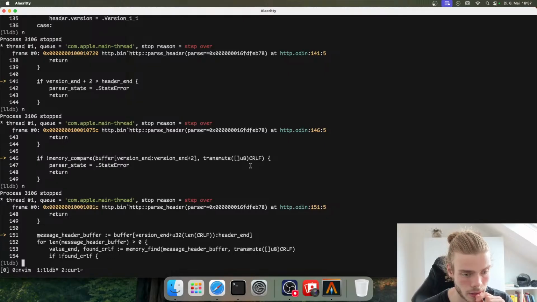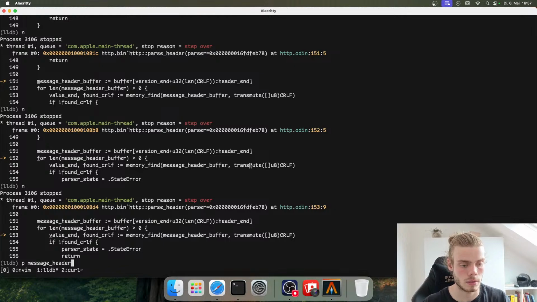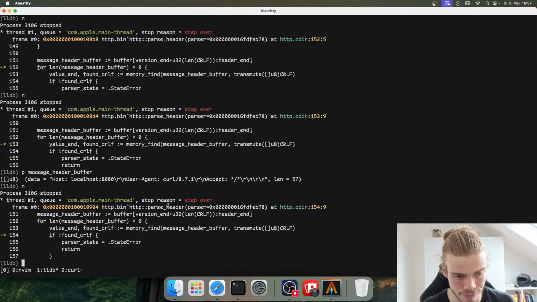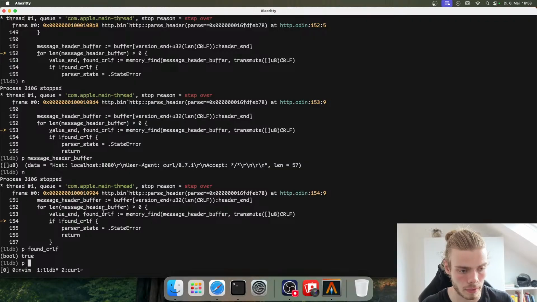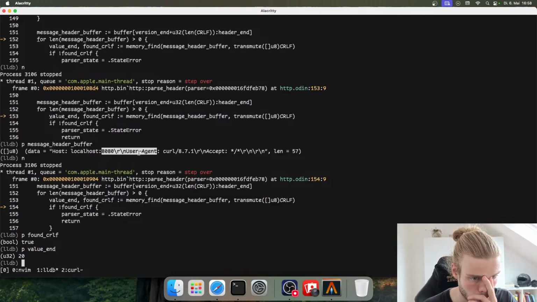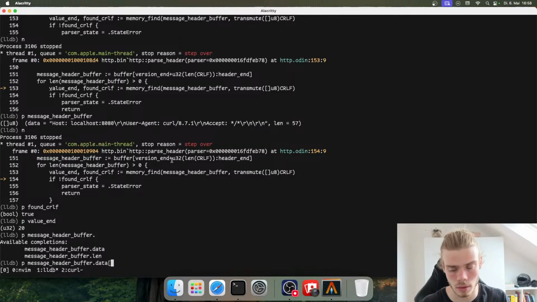So message header buffer. Message header buffer. This is great. So host, localhost 8080, user agent, and accept all. We found the CLF. Value end is 20. It's probably right. So if we say message header buffer dot data and then the value end,